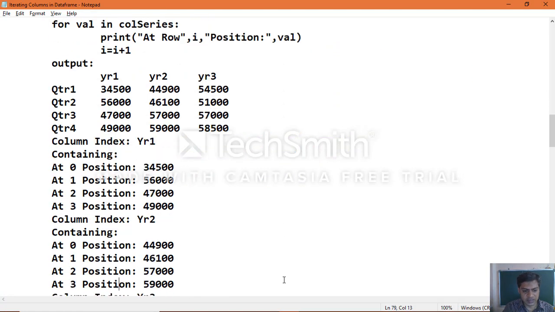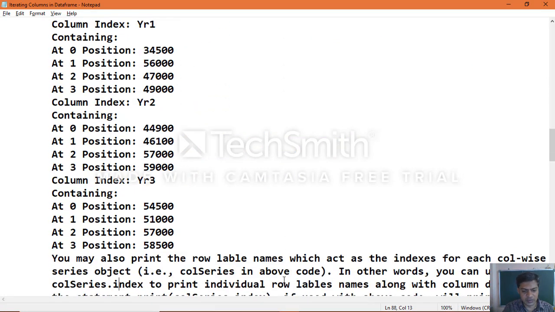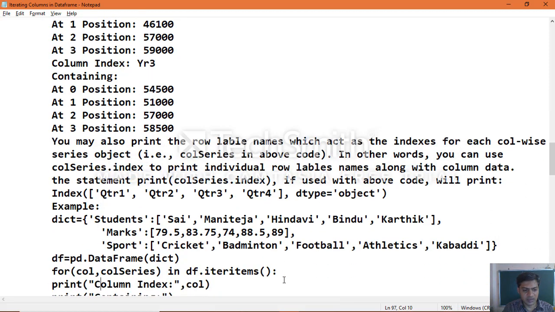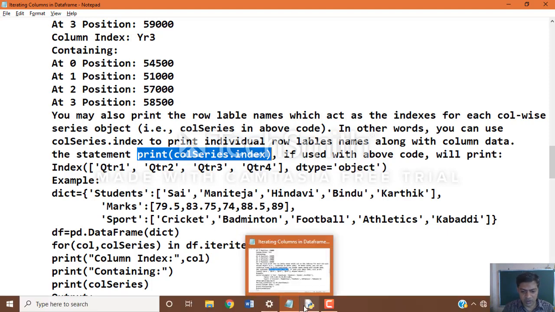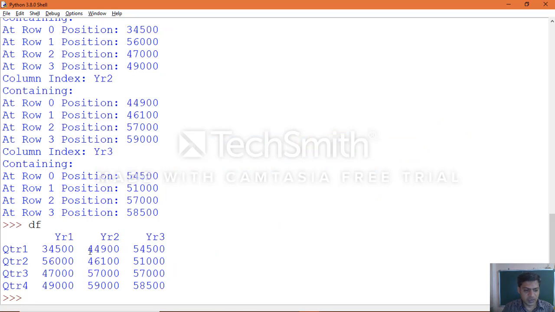Now we worked with sales details, 3 years 4 quarters, and in the same way student details, which you want to make. Before going to that, if you want to extract the column series index, that is, column series dot index, it means the row label names which you will be able to extract for that particular data frame object. In this data frame object, column wise data which you are accessing, and for that column wise data, row label names,